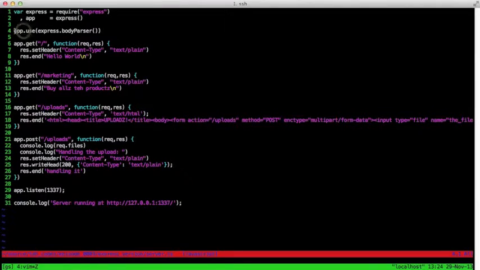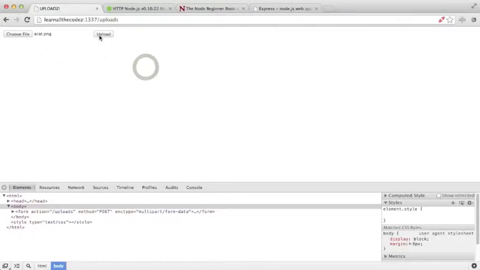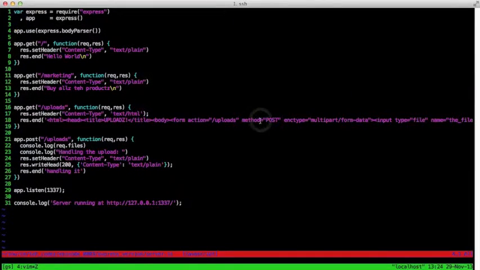We're using what's called a middleware with this call here, this body parser one, which when we actually do the post, we get access to all the files that are uploaded in this req.files. So let's see that in action real quick. Kick off the upload here. And we can see that it's done. So when we head back here,